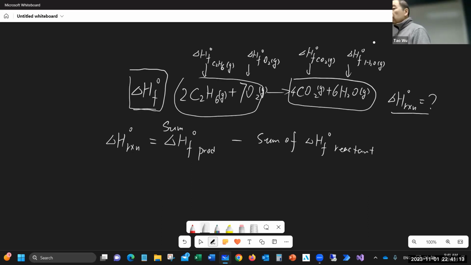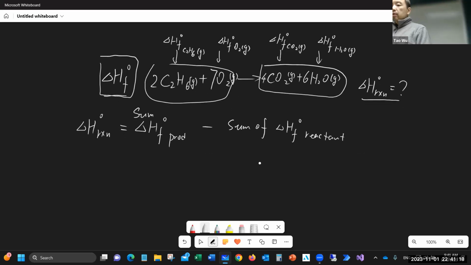Then we talk about a concept: the enthalpy of formation is a man-made concept. People define that something is 0, just like we define sea level as 0 meters. Because enthalpy of formation needs to compare against something, and that is the reference you're going to compare with. The enthalpy of formation is equal to 0 for those elements